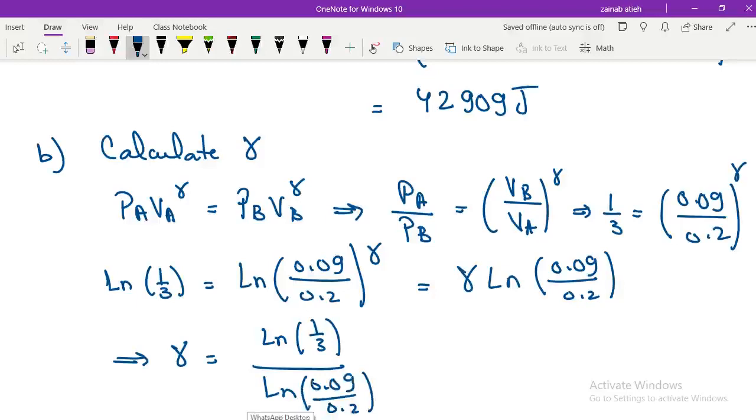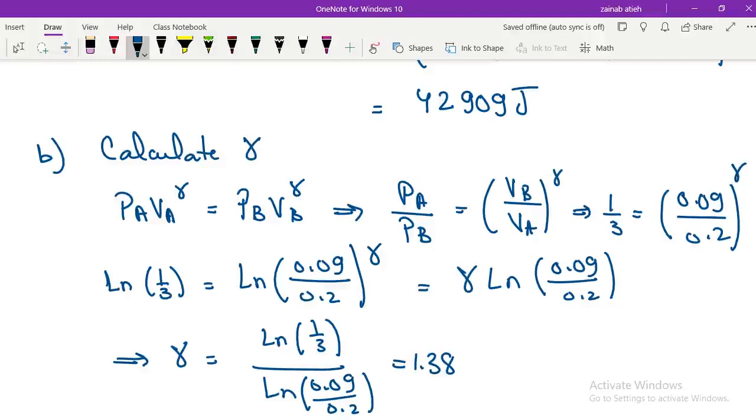Okay, I will calculate it, which is approximately equal to 1.38. So this is gamma. Now if he asks me to find CV and CP, I can easily find them